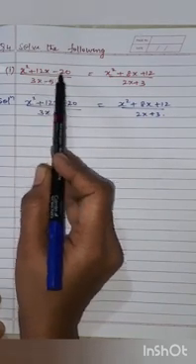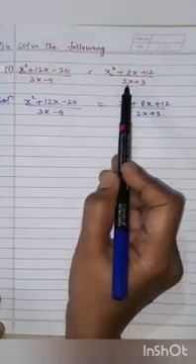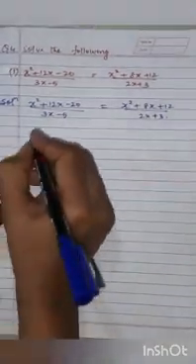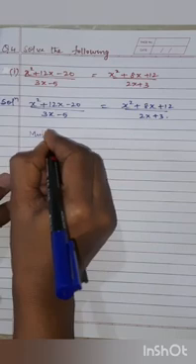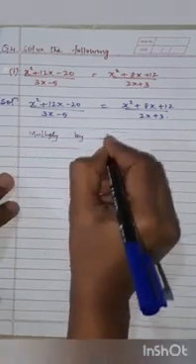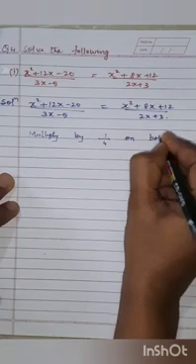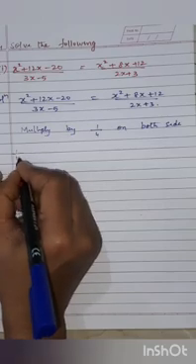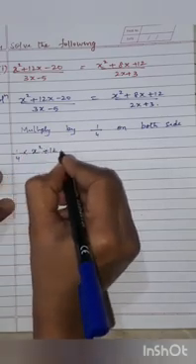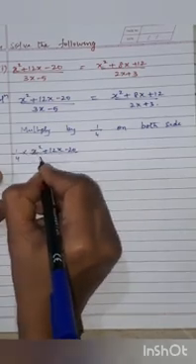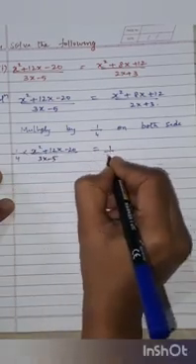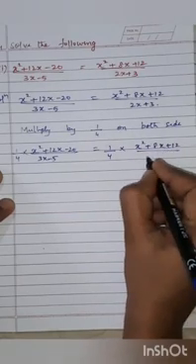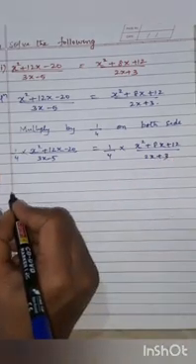You will get the same thing which is over here. And similarly if you multiply this with 4, you will get 4 2 is 8x plus 4 3 is 12. So first we will be doing that one. So we will write here, multiply by 1 by 4 on both sides. So we will get here 1 upon 4 multiplied by (x square plus 12x minus 20) upon (3x minus 5) is equals to 1 upon 4 multiplied by (x square plus 8x plus 12) upon (2x plus 3). Okay, so now what we will get here?